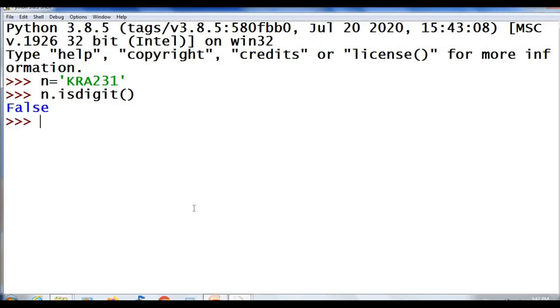It will return false because this string n contains alphabets and numbers. p equal to "2005". p.isdigit(). It will return true because the string p contains only digits.